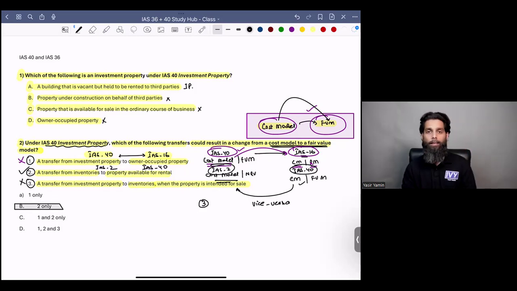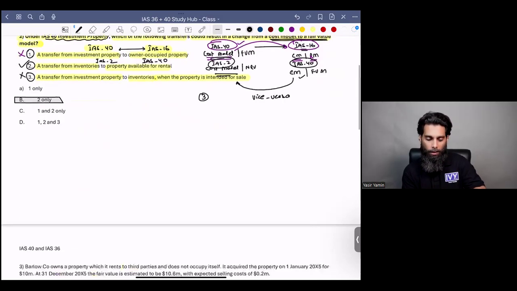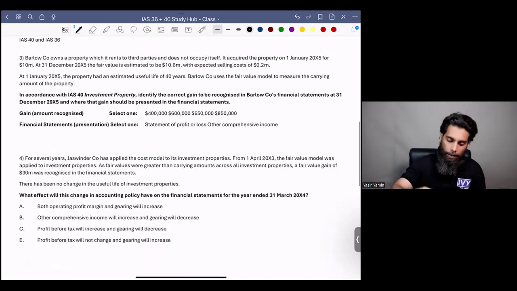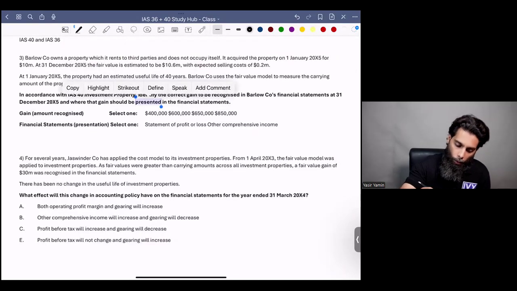Does everybody understand this? This was a conceptual thing, right? So let me know. Is it clear to everyone? Give me an okay. Very good. Excellent, guys. You guys are very smart, mashallah. Let's move forward. Okay. Question number 3.